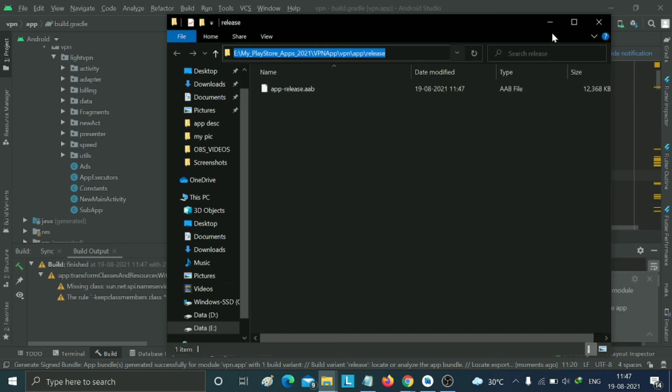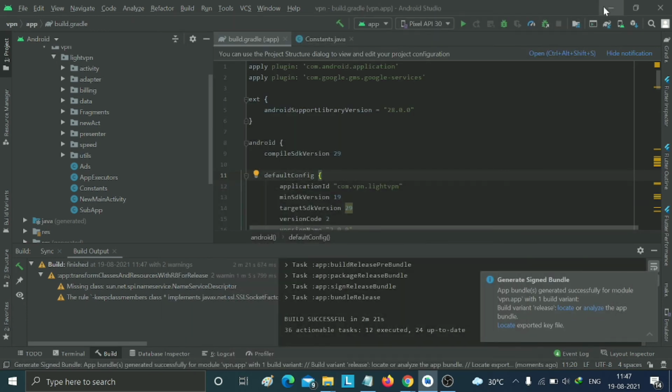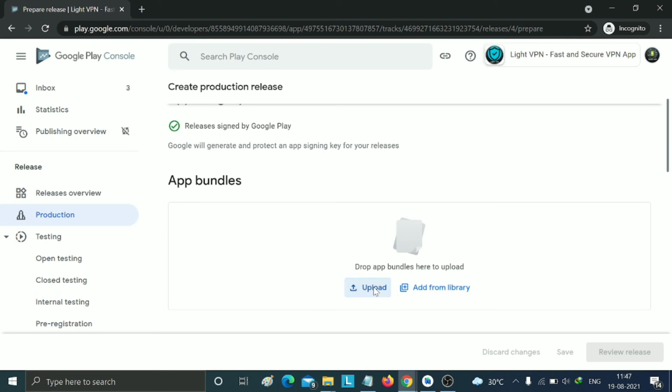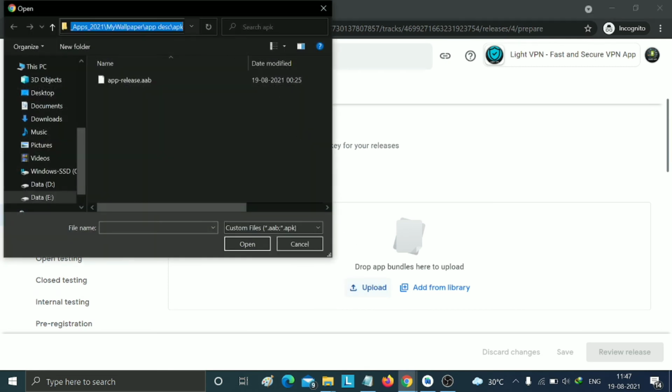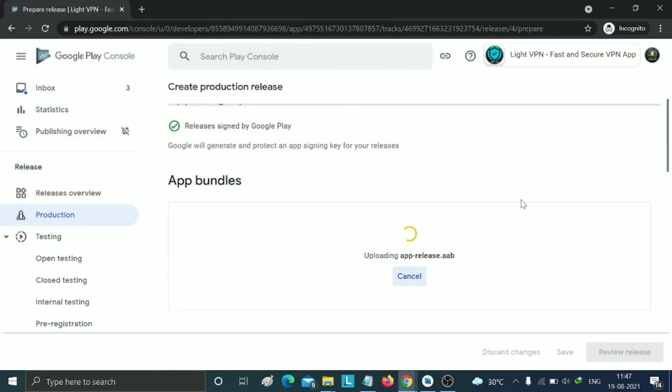Just copy this directory where I have my APK file or build bundle file. Just click on upload and paste this directory, .aab file. This is a build bundle file, a signed build bundle file. Just upload it here and wait for some time until your AAB file is uploaded.